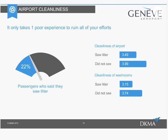And when you look at satisfaction levels between passengers who saw litter and passengers who didn't see litter, what you see is there's a huge difference in passenger perception depending on whether or not they saw garbage or litter in the terminal. Passengers who saw garbage when they were going through the terminal were about a 0.5 or 0.6 lower in terms of overall satisfaction with cleanliness than passengers who did not see. That's a huge gap, a huge difference. So one negative impression a passenger had of the airport was enough to sufficiently damage their perception of the airport's